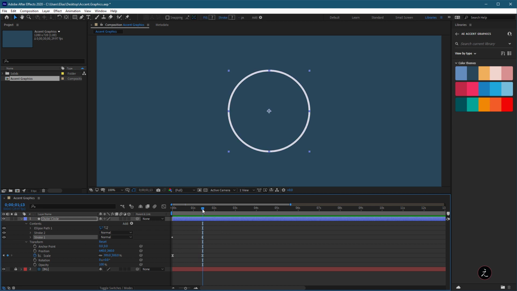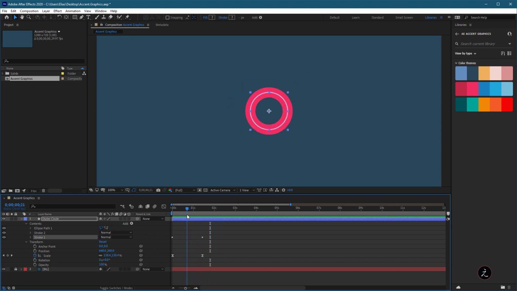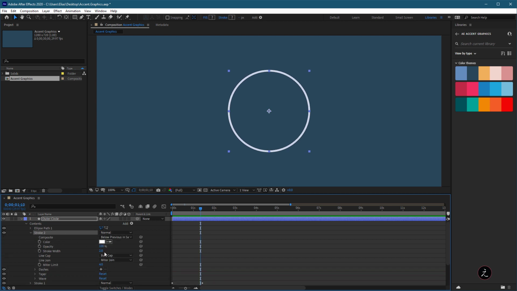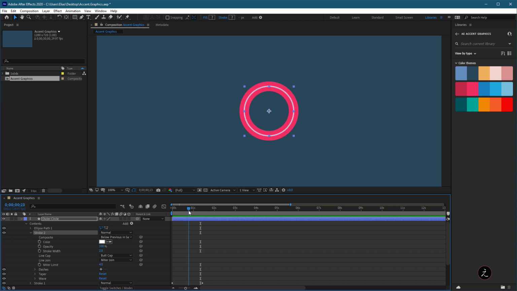So when I press the space bar for the RAM preview, as you can see, at the end of the animation, the circle still maintains its width size, which is set to, let's see, inside here, 2 pixels. So what we're going to do is keyframe this.